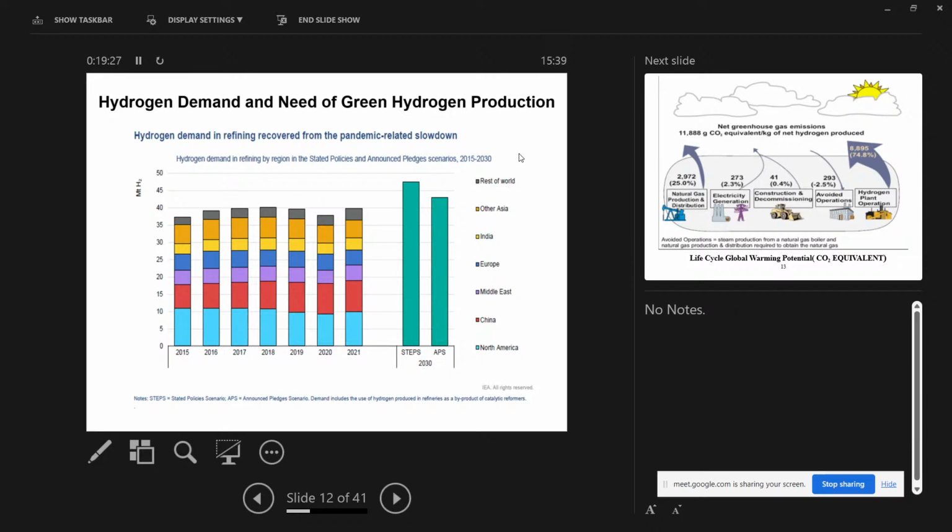So hydrogen demand is increasing. You can say hydrogen demand is a need of the market, the need of the world. You can see the year-wise data given, in which hydrogen is produced in various countries, which will help you understand how much hydrogen is produced in each country in the world. We have India even. India is in the middle of it.